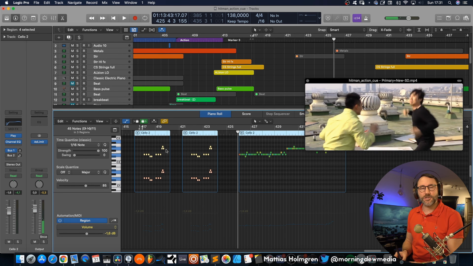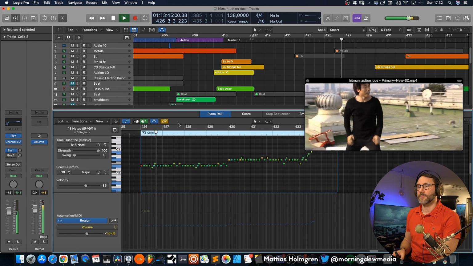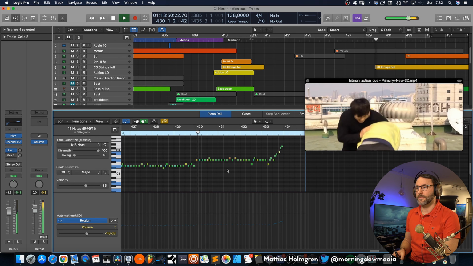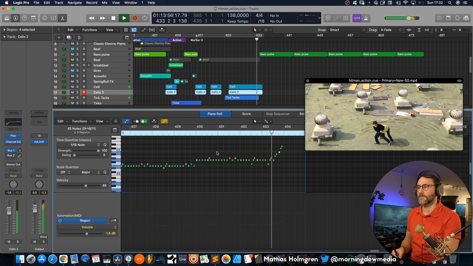So you can hear that during this section we have the cellos and some percussion, and then we get some relief in the dynamics and make room for the percussion. And then we have the cellos coming back, some pause and relief, and then we have another set of cello lines coming in here. So we basically have the cello playing some E's here and a little bit of chromatics around E, and then we transpose up to the G. So that's a little bit what the cello is playing.